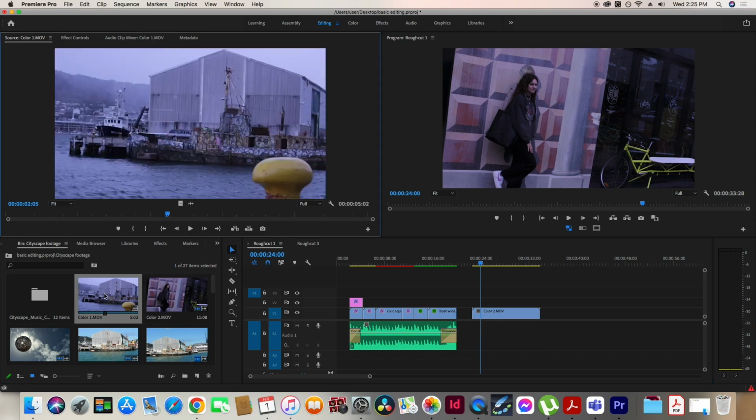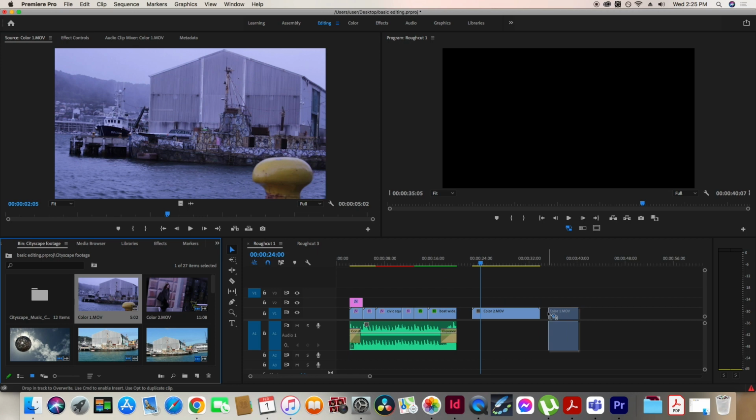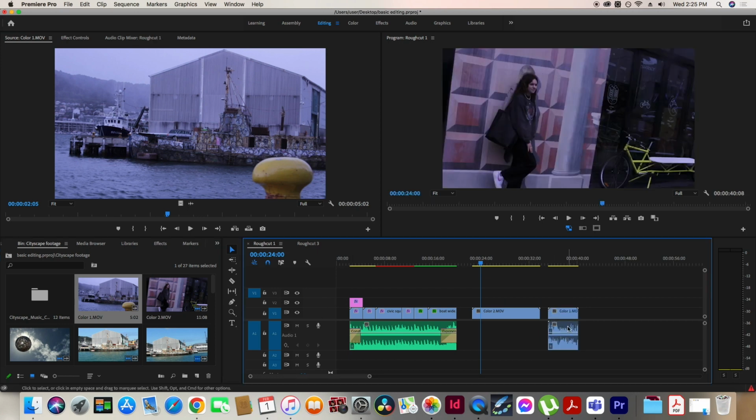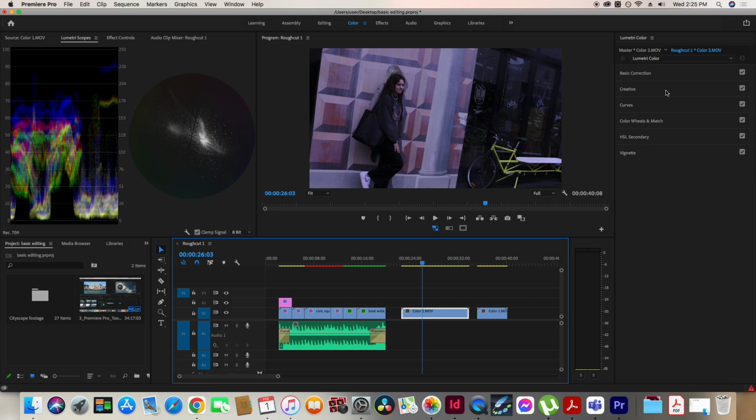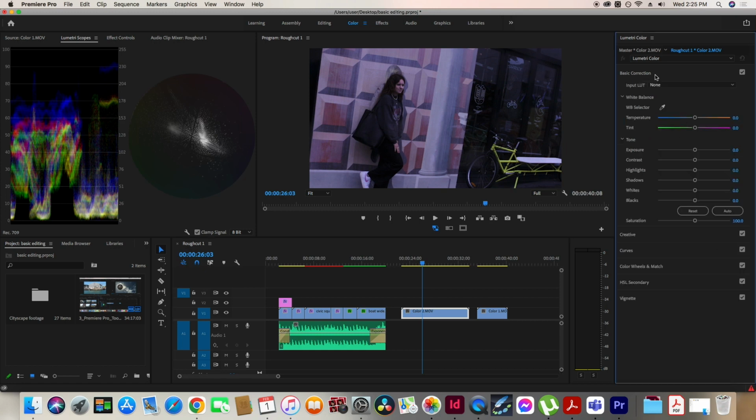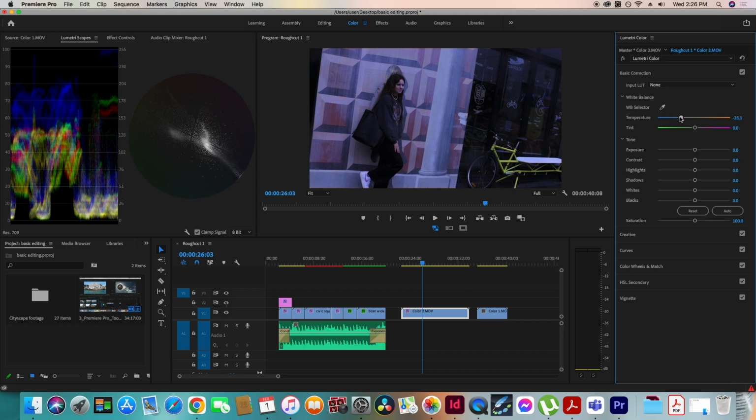So this is where we can fix it, and we've got a couple of shots here, and I'm going to have a go at fixing them. First of all, let's have a go at fixing this one. So in the color panel, we're going to go to our basic correction. It's a pretty simple fix, but it can be difficult as well. So first of all, we can use our color temperature sliders to try and fix the color temperature. This one has quite a bit of purple, so